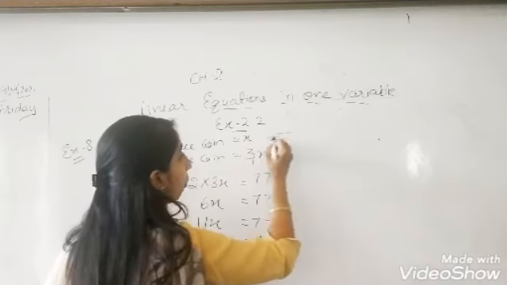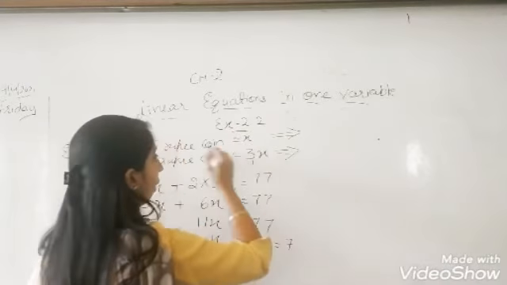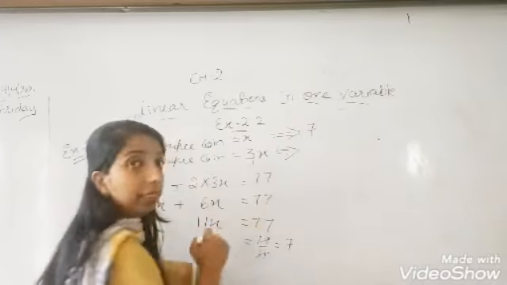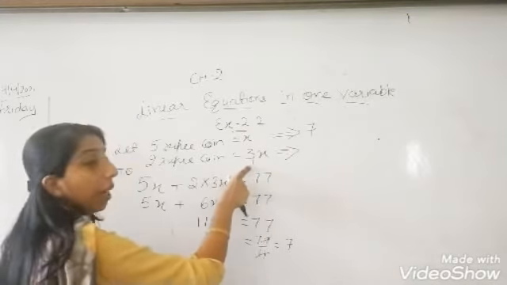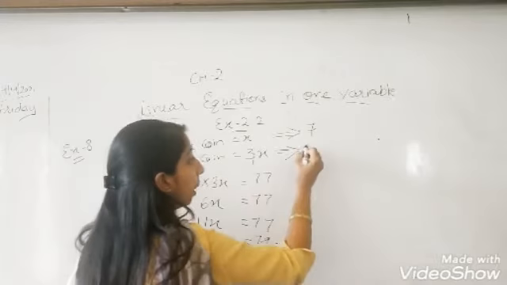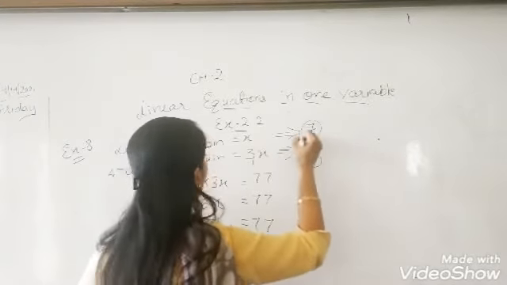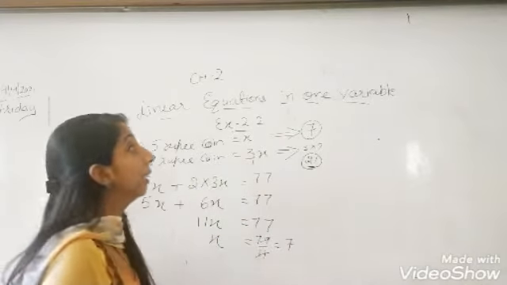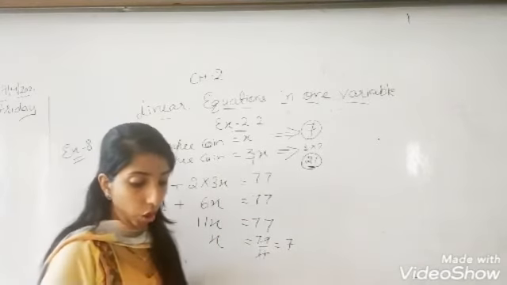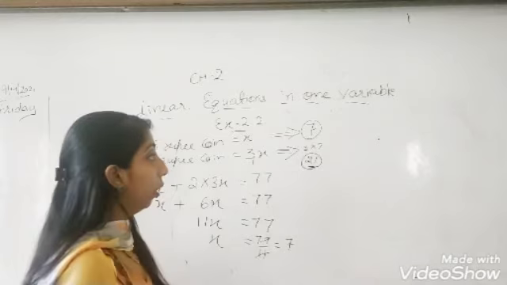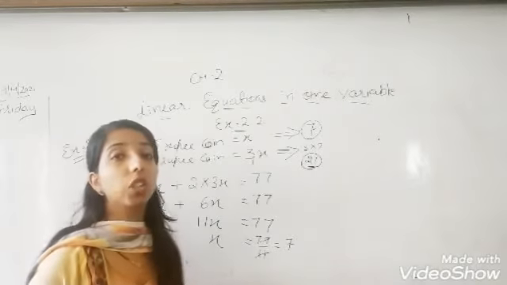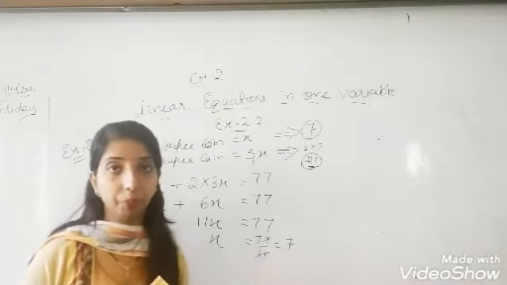Okay. So here I am going to write. Totally 5 rupee coins, how many? 7. And 2 rupee coins, how many? 3x. It means 3 into 7, that is 21 coins he is having of rupees 2. And 7 coins he is having of rupees 5. Okay? Please note down this question and read it once more.